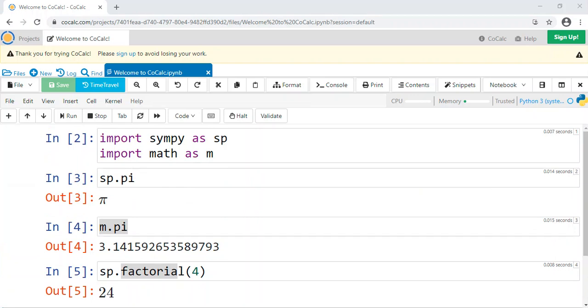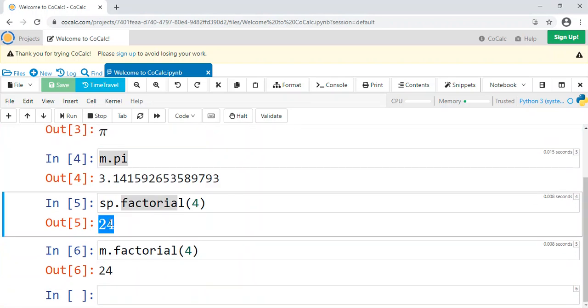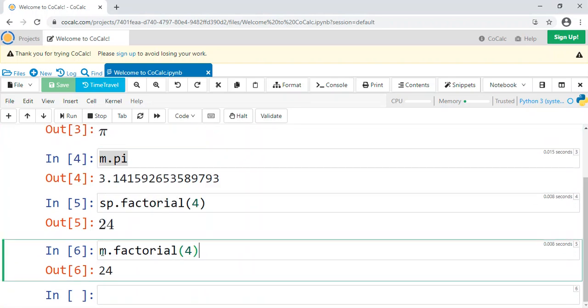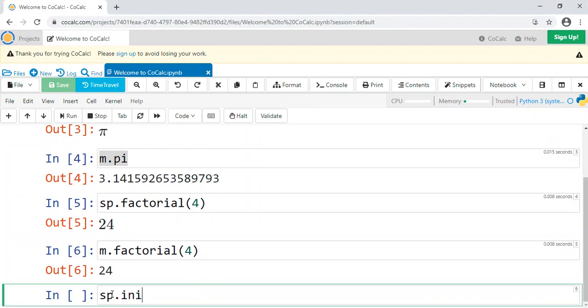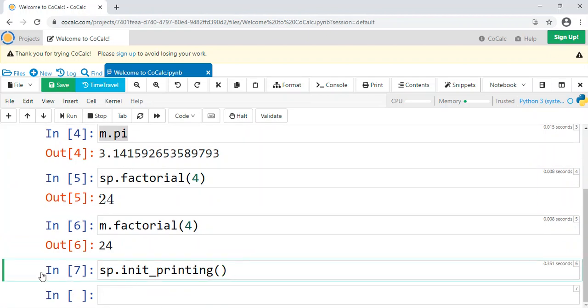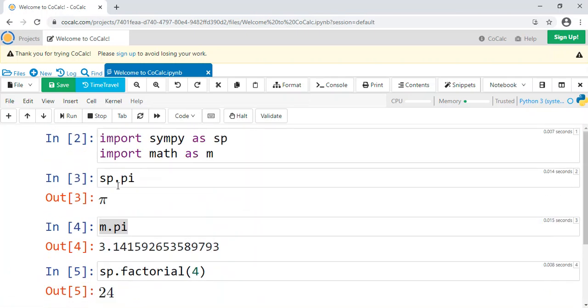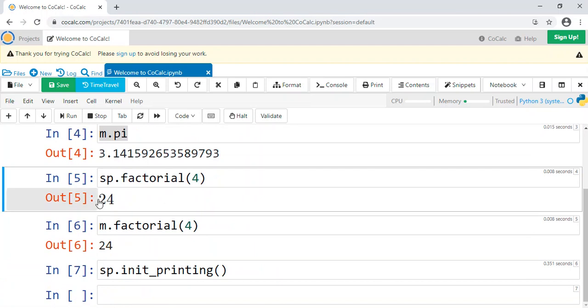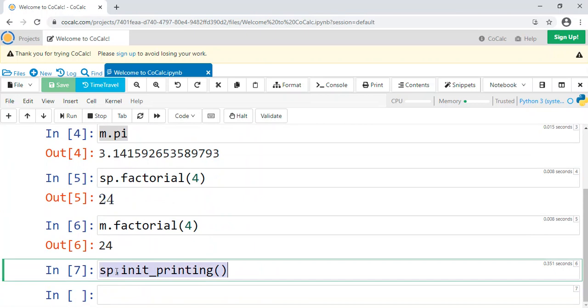And actually, you know what? I'm just going to tell you now. If you're not getting this nice LaTeX printing 24, maybe what you're using doesn't have it, but you can do something called sp.init_printing, and that's going to give you the best possible printing. So that's just a handy thing. It's not going to have an effect if I do it because we're already on the best possible printing. It'll run, but I don't think it'll impact anything. But if you are working on something that has LaTeX printing available, but you're not getting that 24 looking like a nice image, then you can do that to get better printing.